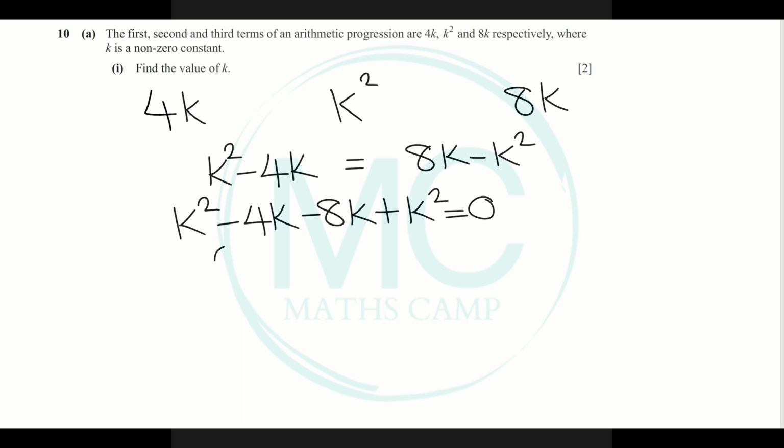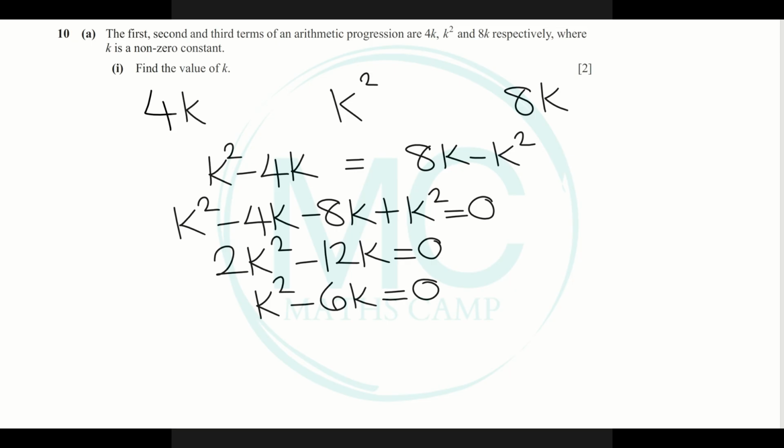K squared plus k squared gives us 2k squared. Negative 4 minus 8 is negative 12k, and this is equal to 0. Both of our terms are even, so let's divide both by 2, and we're left with k squared minus 6k is equal to 0. Now I can take k out as a common factor. I get k multiplied by k minus 6 is equal to 0, which means that k is equal to 0,